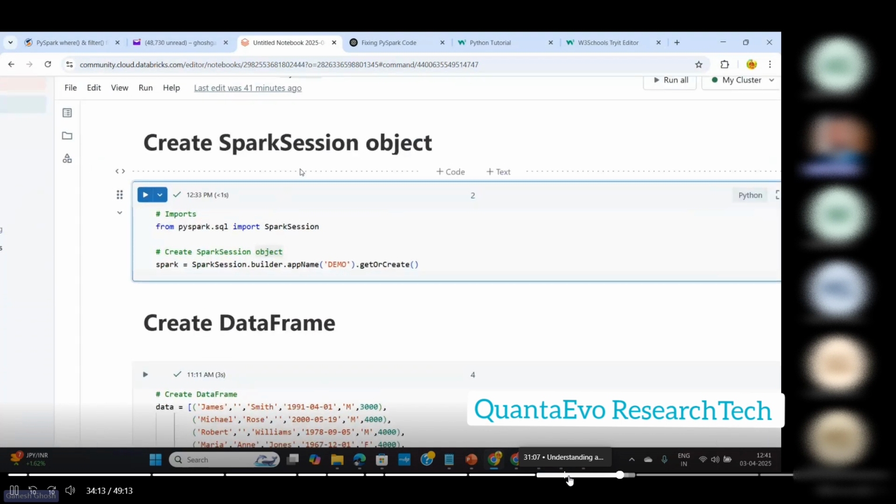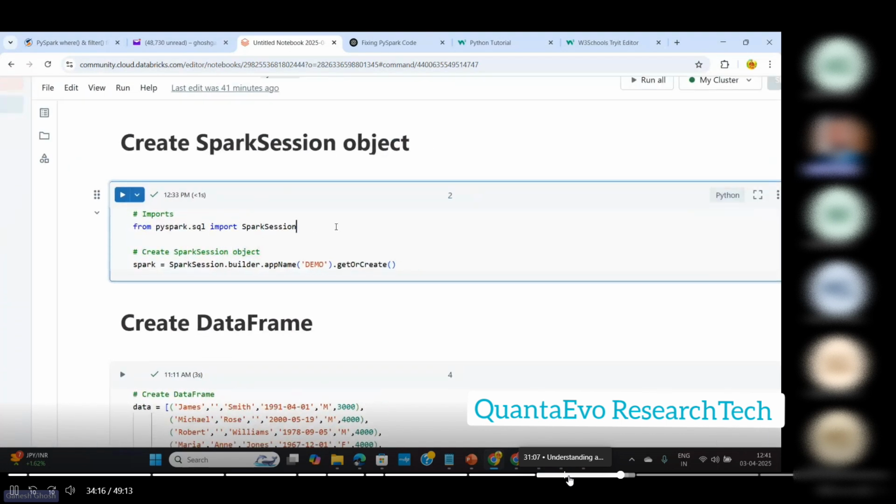Creating the Spark session object. Okay, we'll import this, the line I always memorize. It is better to memorize this part. This is the base part of Spark when you start working. So we have to import PySpark. From pyspark.sql, we have to import SparkSession, and we have to create a Spark object. spark equals SparkSession.builder.appName